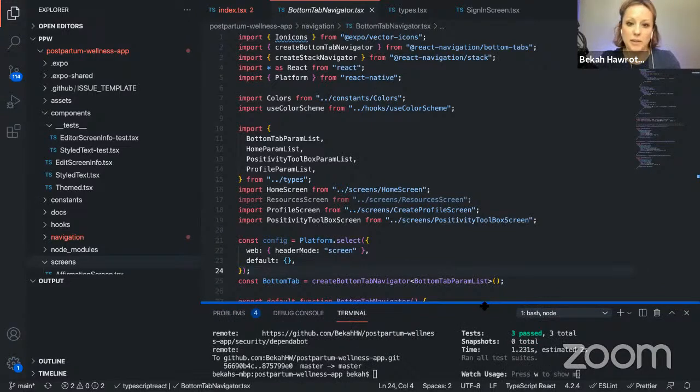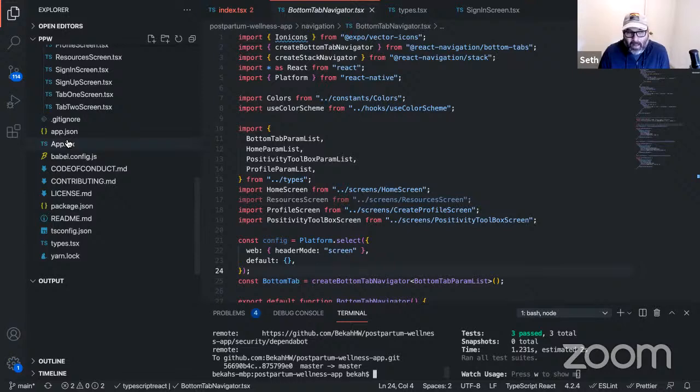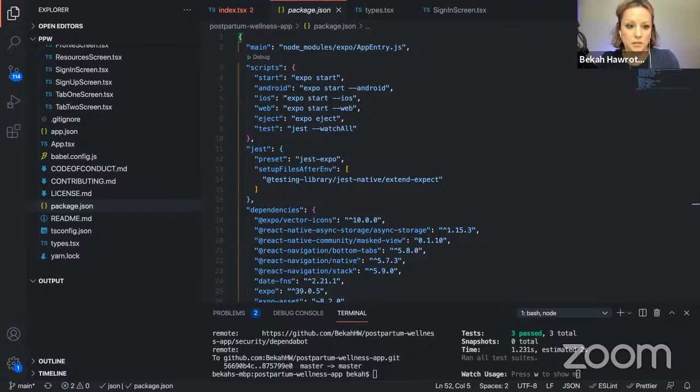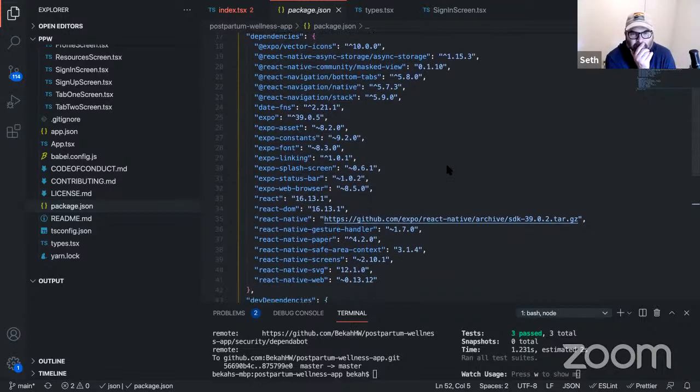I think what we probably want to do is start by creating a new branch, right? Can I say one thing first? For me, coming into a code base, let's just say I've never been in this code base before, I would first want to check package.json just to see what is installed for testing and get an idea of it. Yeah, absolutely. I did this earlier today, and I think Expo Jest or something is in there. We can look through our dependencies and our dev dependencies, and we'll see.